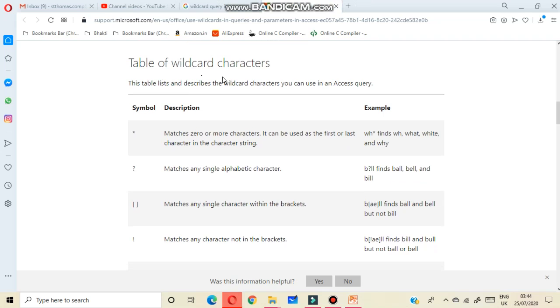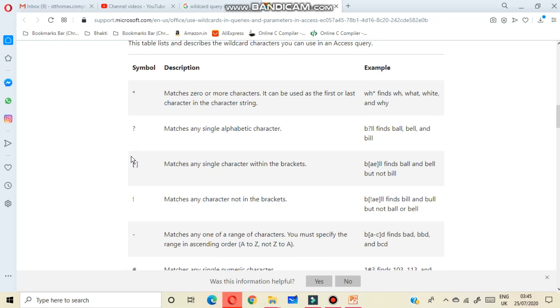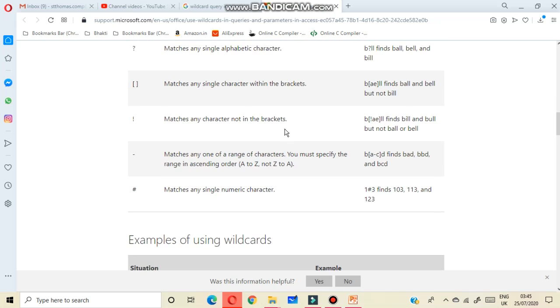Table of wildcard characters. Star matches 0 or more characters. It can be used as the first or last character in the character string. Question mark matches any single alphabetic character. Bracket matches any single character within the bracket.